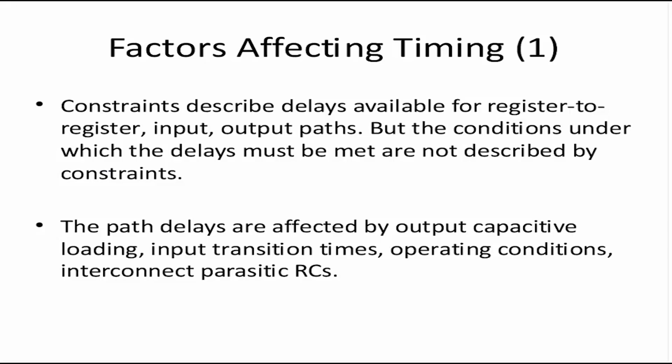But the first important thing is that the conditions under which the delays are calculated are not described by these constraints. For example, when you define a clock or an input delay or an output delay, these do not talk about the sufficient and necessary conditions under which delay calculation would be reliable,